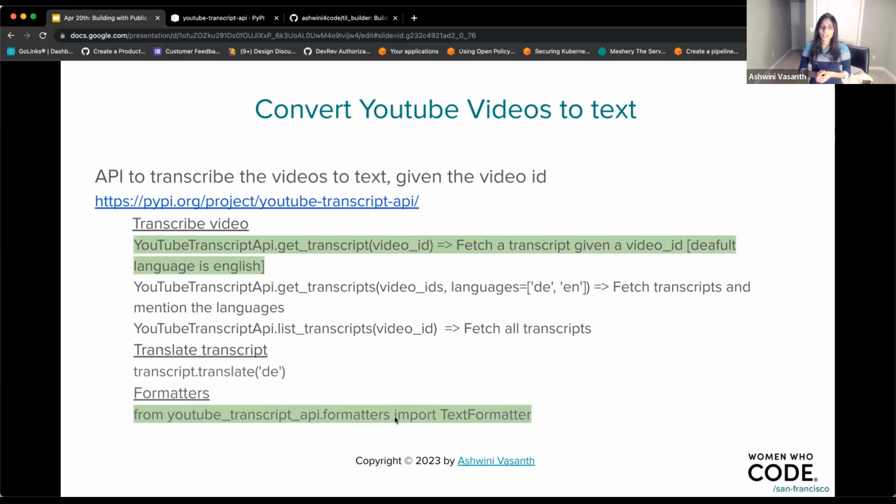I don't want to fetch all of the transcripts. Like if you can support 20 languages, give me everything, I don't want any of that, because I have a very specific use case, which is I want it in English. So I'm going to go with the simplest API that gets me the English translation. And then I also need something to format it. Okay, I'm in luck. They actually have a formatter, which I can use as well.